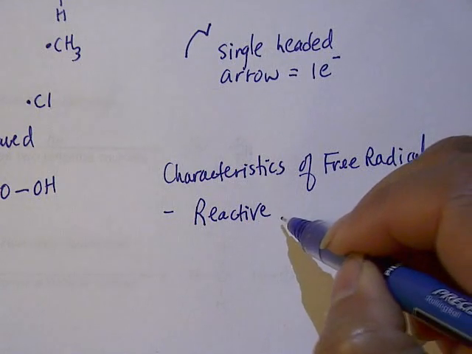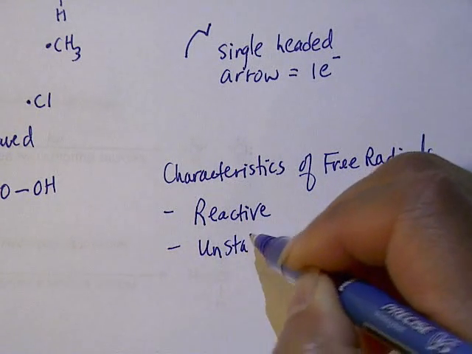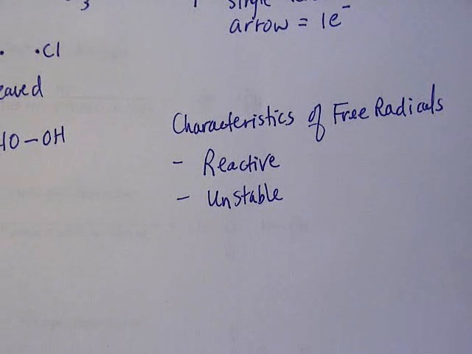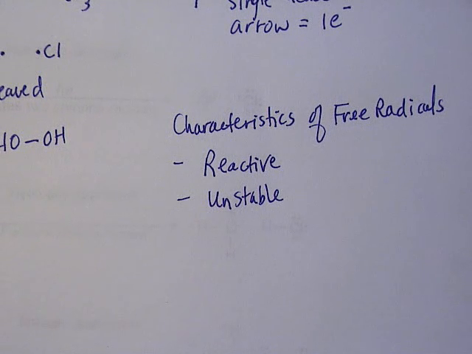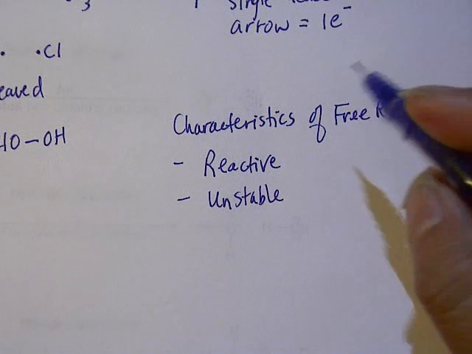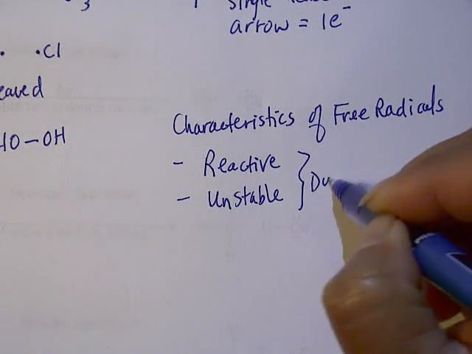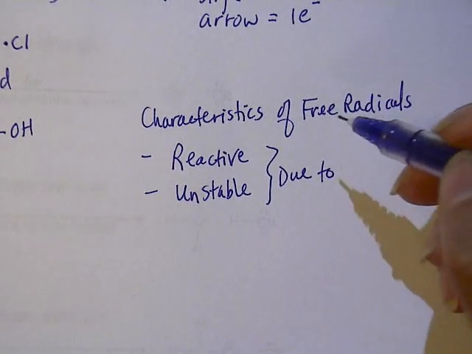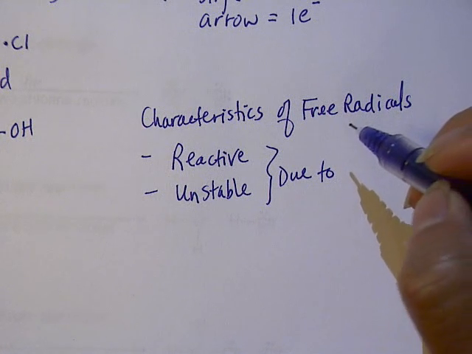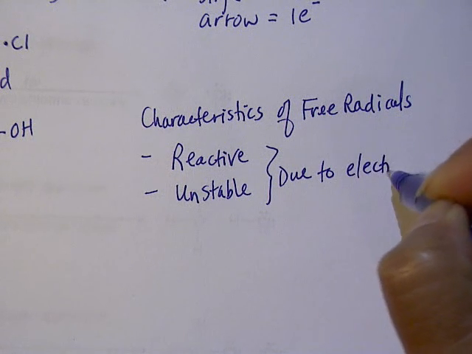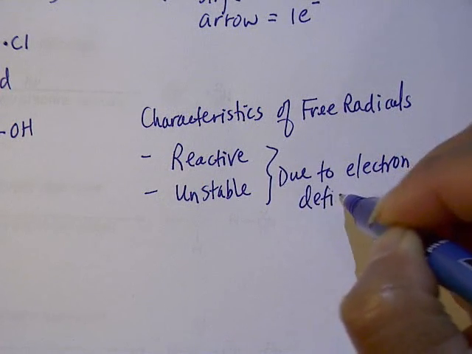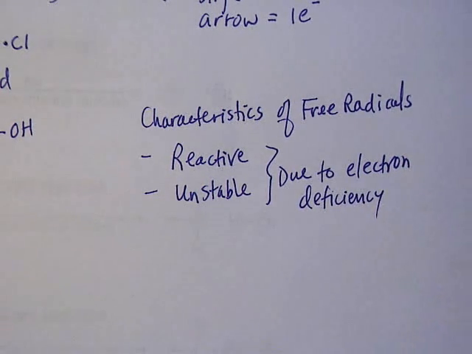And they're going to be very unstable because it's going to want to have another electron to fulfill the octet rule. The reason they're reactive and unstable is the electron deficient characteristics. Due to electron deficiency, they're going to tend to be electrophilic